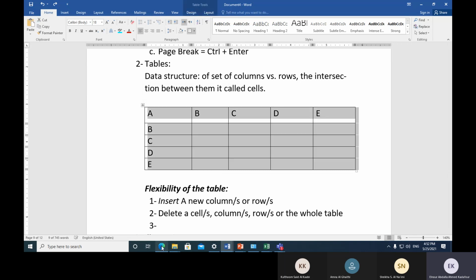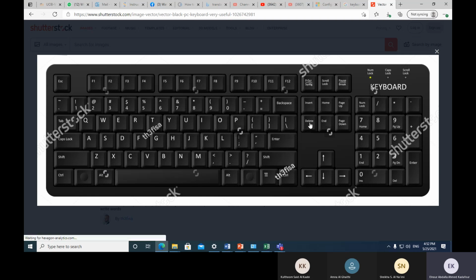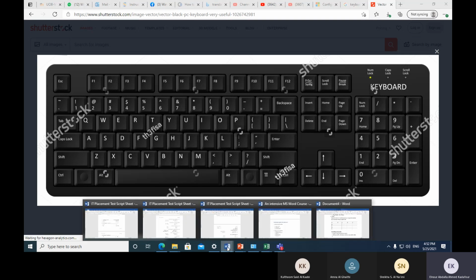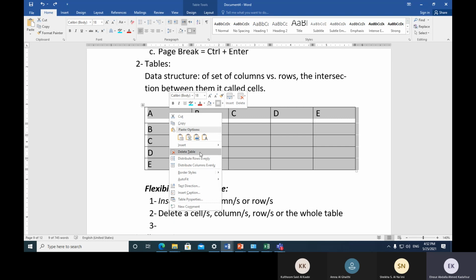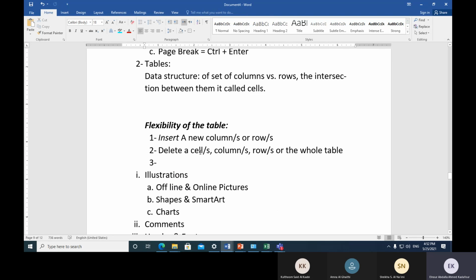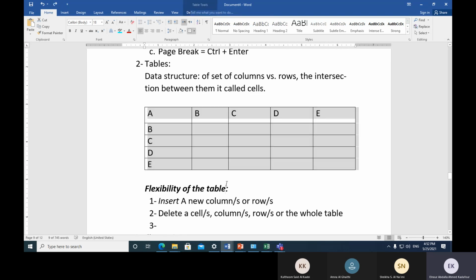So deleting the data only, you just need to press the delete key. حذف البيانات فقط بمساعدة الكيبورد, just delete. The data will be removed but the structure will remain. خلاص. خلافا عن انه ازيل او احذف كامل الجدول, delete the entire table, then that table will be deleted. As simple as can. Got it? طيب